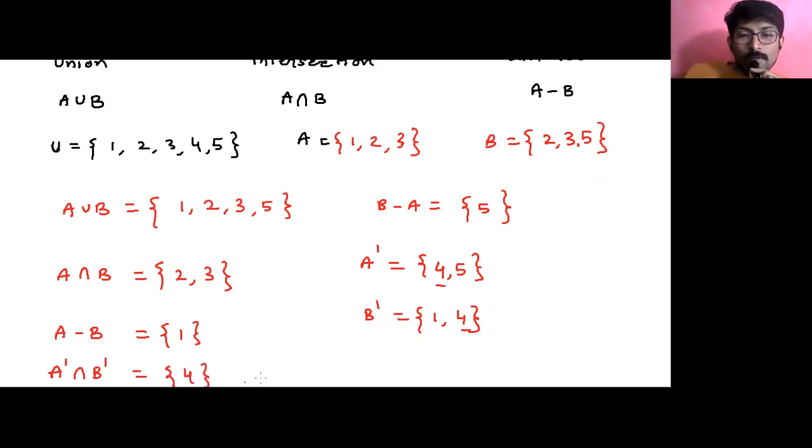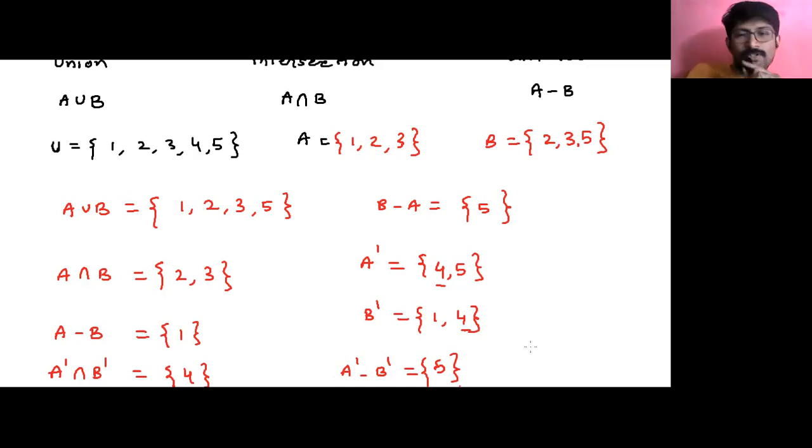Are you understanding? So what is A complement minus B complement, guys? Simple. From set A complement, remove the elements of B complement. So बाकी क्या बचेगा? सिर्फ 5. सिर्फ and सिर्फ 5. You understood, guys? So क्या B minus A and A complement minus B complement is same? Yes. B minus A is same as A complement minus B complement. See, look at this. That is set 5 and set 5.